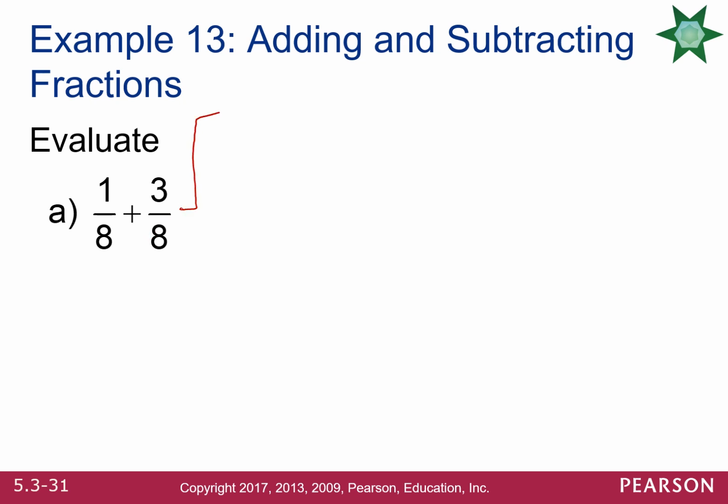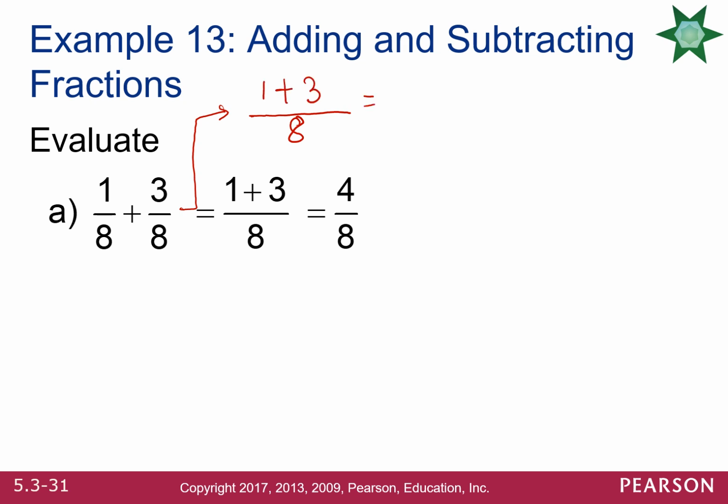All right. So just give it a common denominator of 8. Whatever the common denominator is, write it just once, 8 in this case. You can just go ahead and add the two numerator values in this case. So 1 plus 3 is 4, 4 over 8, but we can reduce this